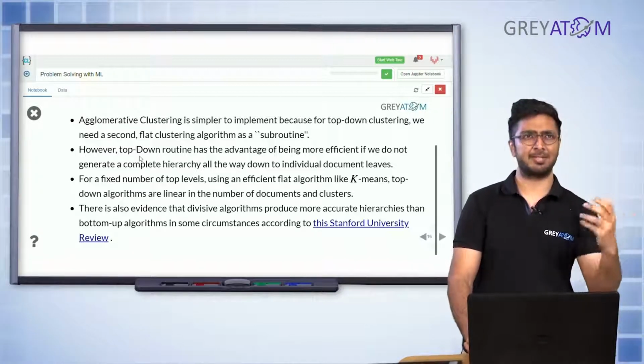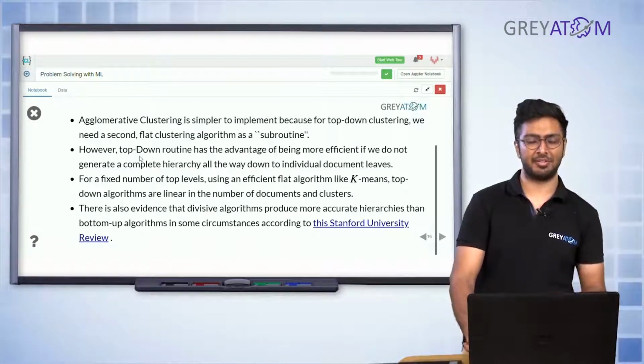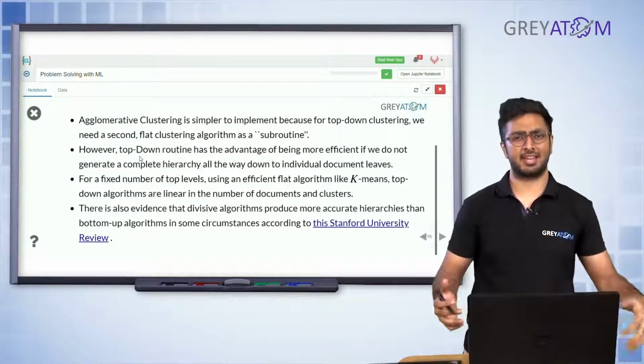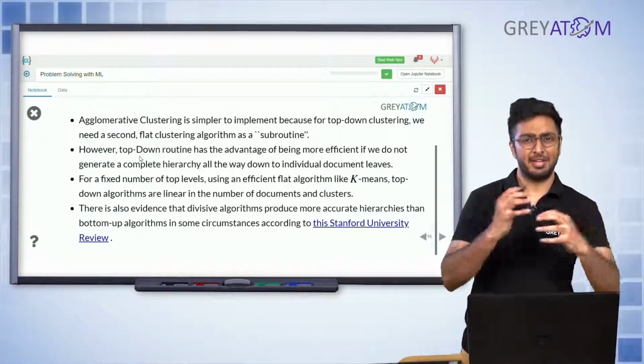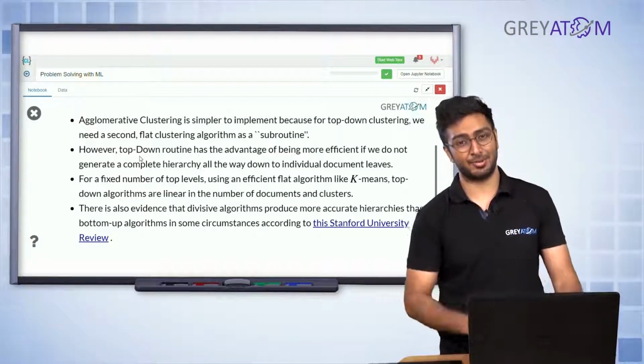So you just think that probably sports has got multiple levels, and you just want to do it till that level. You don't want to see what's there in the inside cricket articles. You just care whether there's cricket or sports, right? So depending on the level you want to do, you really do not need to go down all the way